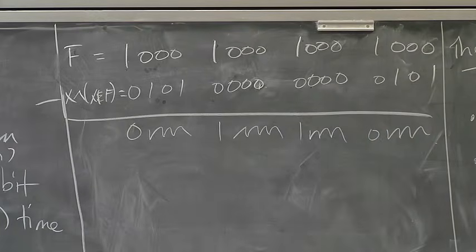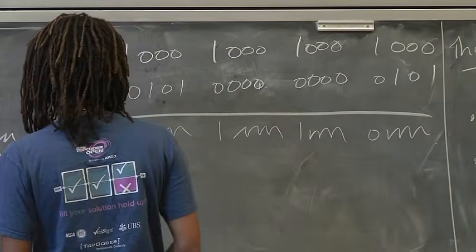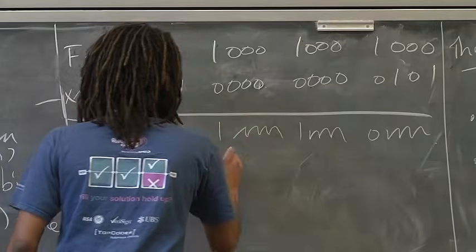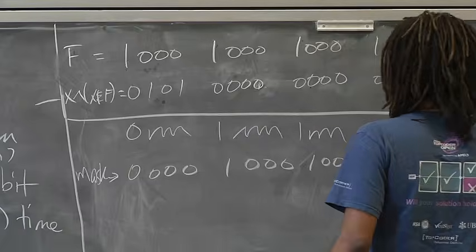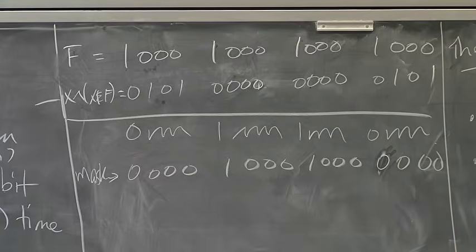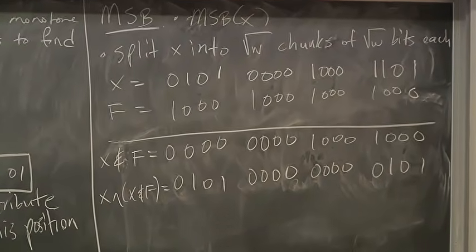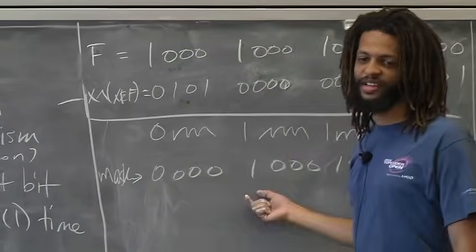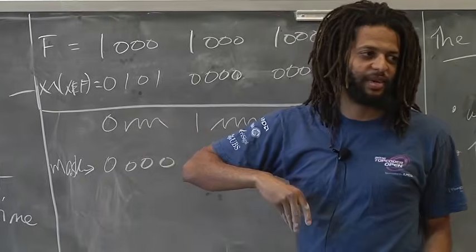Okay. And now we mask and get rid of the junk. And then we have 0, 0, 0, 0, 1, 0, 0, 0, 1, 0, 0, 0, 1, 0, 0, 0, 0. Okay. We masked out all the junk, and then we OR back in that. Right? Why do we OR that back in? Because this tells us which clusters are non-zero, but I lost all information about the leading bit in the cluster. Now I want to get back that information about the leading bit.